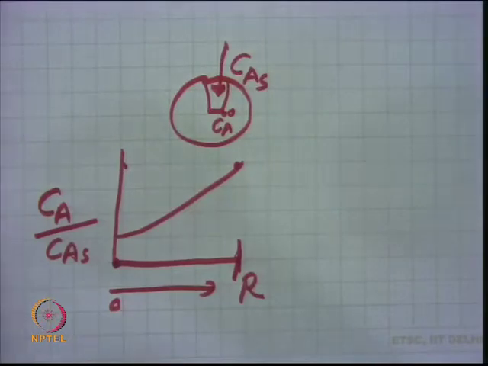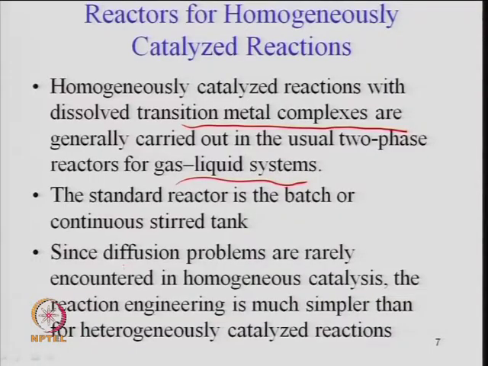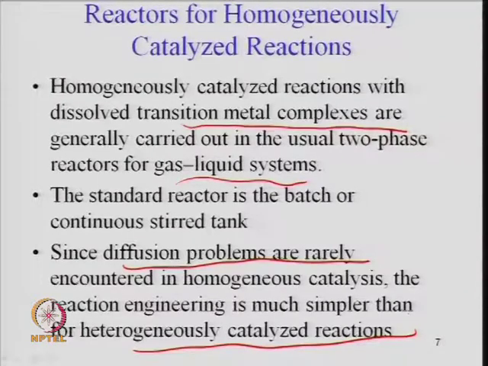So, when you have a homogeneous catalyst, you will not face this problem, because in homogeneous catalyst there are no pores, no question of internal diffusion resistance. This is the important issue here: in the case of homogeneous catalyst there is no complexity compared to the heterogeneous catalyst. So, no diffusion problem. It means the rate will be higher, and we have a kind of micro emulsion where the catalyst is well dispersed. Dispersion is not an issue in the case of homogeneous catalyst, because it is a kind of micro structure, a gel kind of, where the particles are well dispersed in the liquid.